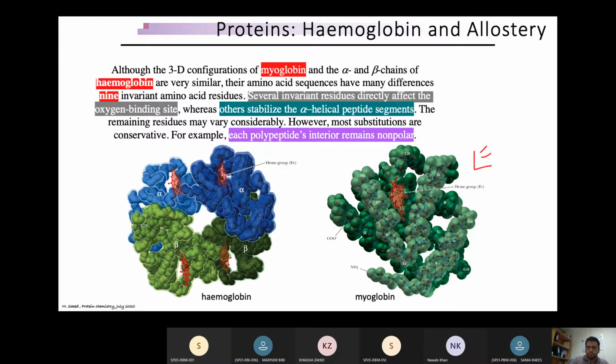These amino acids are involved in binding with the heme molecule. All of these amino acids are normally non-polar amino acids. This is a very important thing which you need to understand. All of these amino acids are non-polar except 2 histidines,